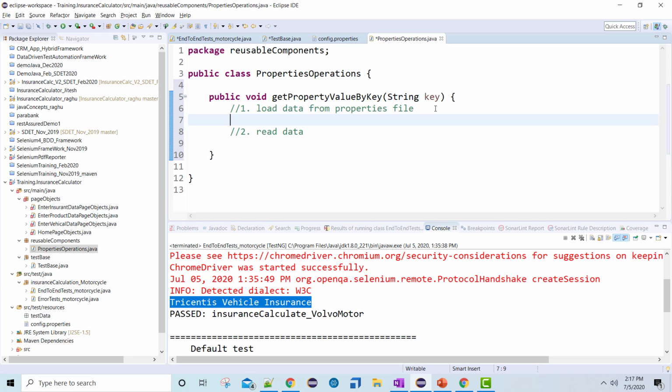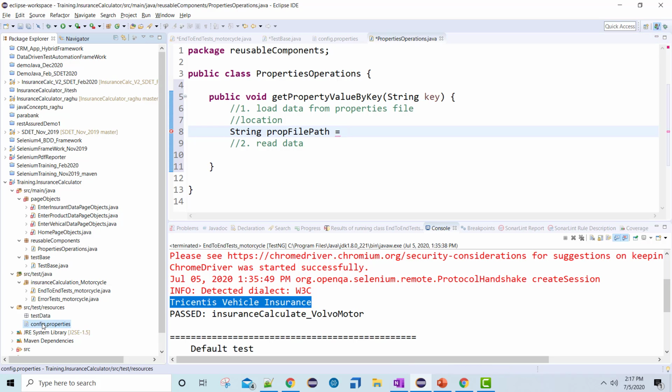Now to load the data from the properties file, what should I know? I should know where the file location is, right? Where my file is located. So let's say my file is located in a String, I will say file path, or I'll say something like prop file path is equal to, and now it is present under src test resources and config.properties.